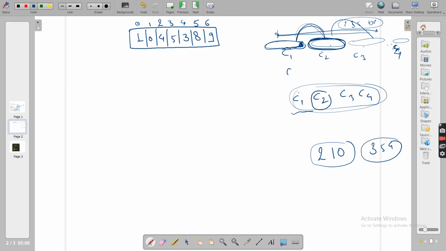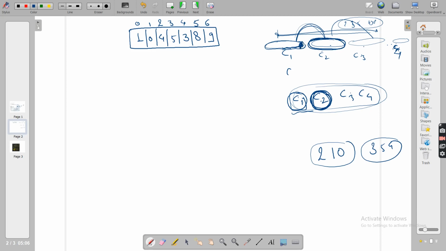Now when can you say c2, c3, c4, c5 and c1 are sorted, living together? Obviously when all the elements of c2 are greater than or equal to all the elements of c1, or you can say c1's maximum element. So c1's maximum element should be less than whom? All the elements of c2. And that is what I'm saying, guys.